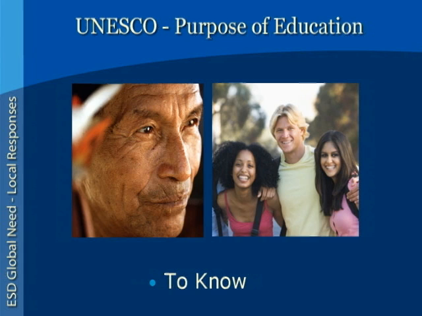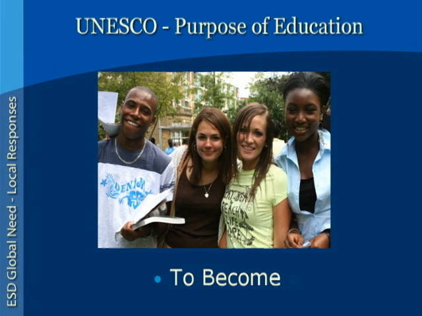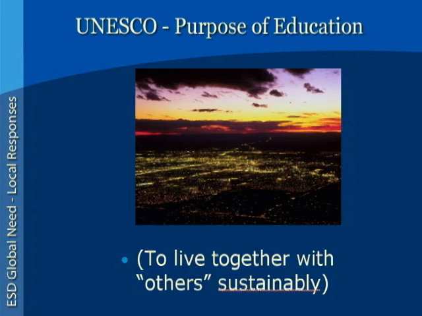What is the purpose of education? And the answer came back from the Delors Commission. It had several components, 4 big ones. One was to know. That is, there are some things that people do need to know. The second is to do. There are some talents and skills and things we need to be able to do. Thirdly, it's to become all that one can. And the fourth one was to live together, to learn to live together.